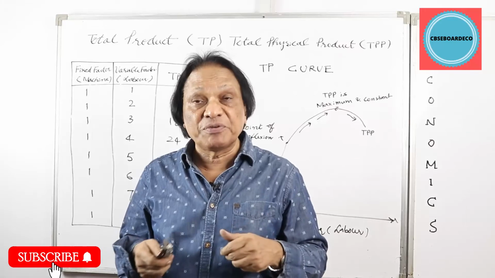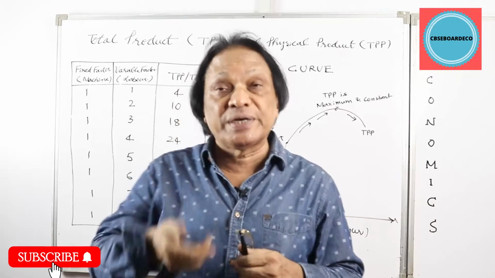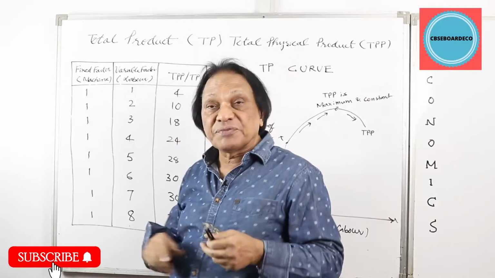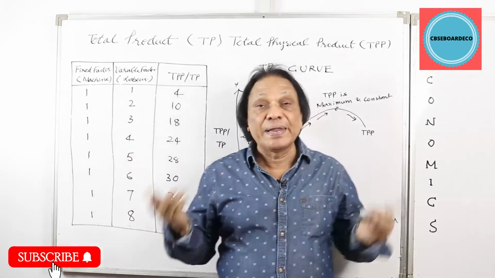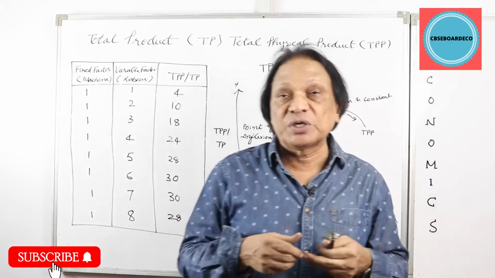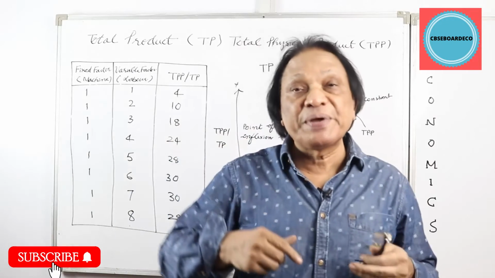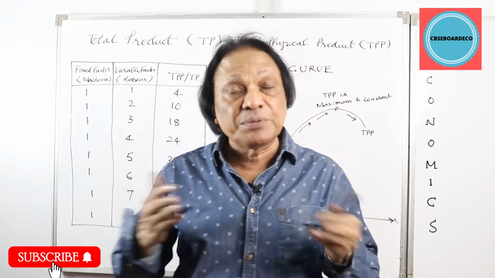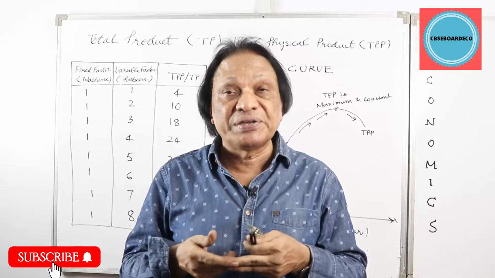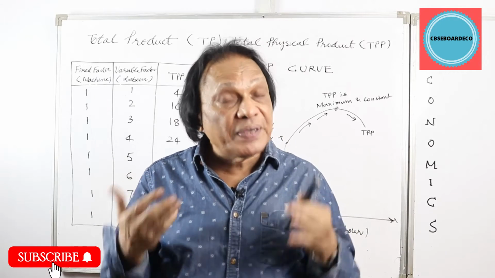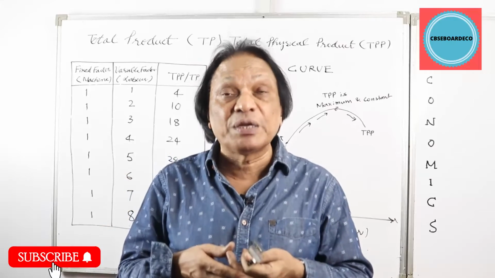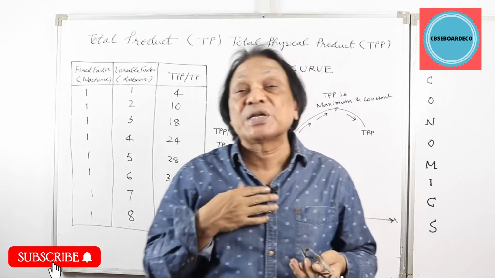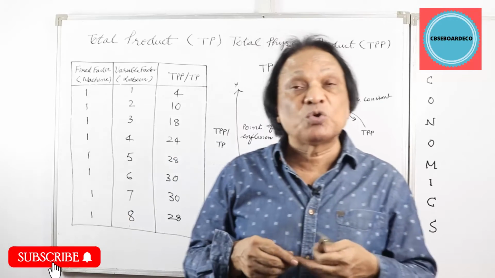So we can differentiate between fixed and variable factors of production. We have a machine, you can see it here, that's a fixed factor, and we have labor, that's a variable factor of production. In the short period, since we cannot increase the fixed factor machine, it remains constant. We've taken one machine here. And on this machine, we go on increasing the variable factor. We go on employing more and more of the variable factor, that's labor. Let's see what happens to total product.